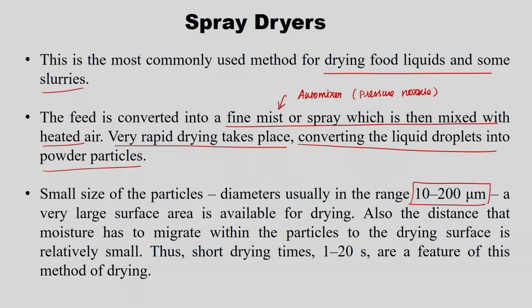So that is the way the surface area of each particle is increased, because if you have a large food chunk, then there is less surface area for the hot air to pass. But when you reduce the food chunks into small particle size, that means 10 to 200 micrometer, a large surface area is available for the hot air to pass through, right. So in that way the drying is very quick, right. Instead of drying a large particle, with the small particle the surface area is increased. So that's why the hot air is available for drying very quickly, right.